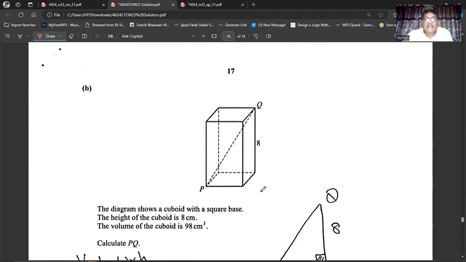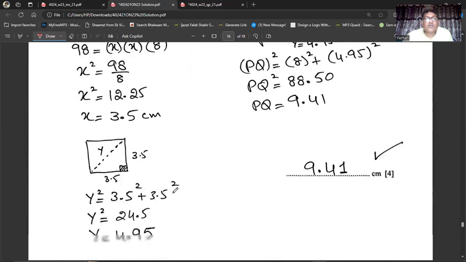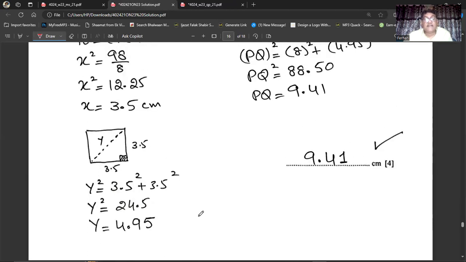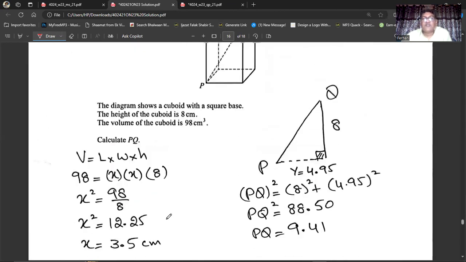Now, what is this diagonal? Okay, so I will find it. The base sides are 3.5, 3.5, so I will apply the Pythagoras here. So y square is equal to 3.5 square plus 3.5 square. So y square is 24.5. Take square root on both the sides. So y will be equal to 4.95. Once you know the value of the y,